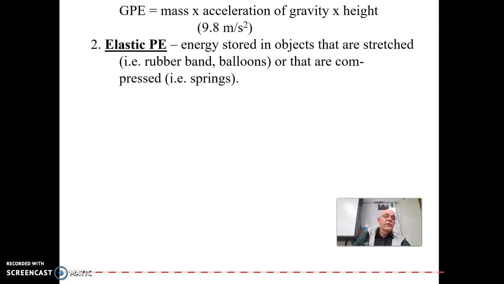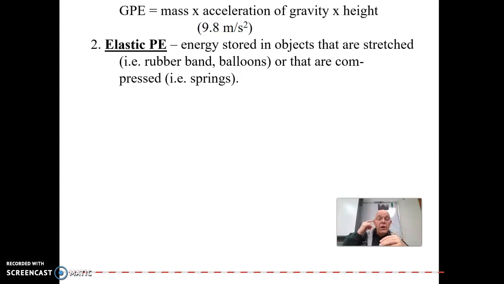All right, now that is the only potential energy that we will calculate because it actually has a formula. But there are several other types of potential energy. All right. The most common kind is what we would have in a rubber band, for example. And in a rubber band, we have elastic potential energy, or EPE for short. All right, and these are energy that is stored in objects that can be stretched, like a rubber band, a balloon. When you blow it up, it stretches out. Or that they can be compressed, like you push a spring together. It has potential, so as soon as you let go, it can spring back open.